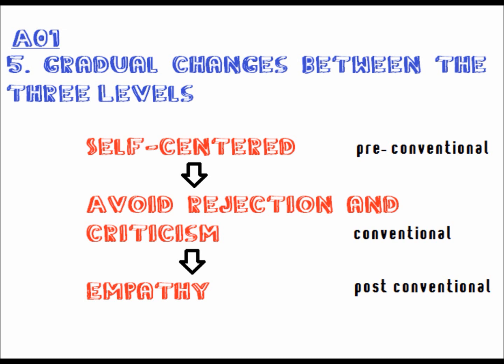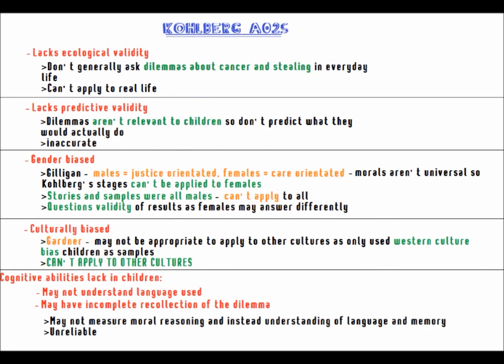As you can see, there are gradual changes between the three levels. The pre-conventional level goes from self-centered to avoiding rejection and criticism in the conventional level to empathy in the post-conventional level. Evaluation. Kohlberg's moral dilemmas lack ecological validity,